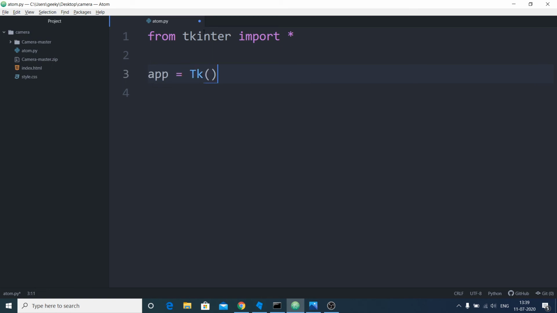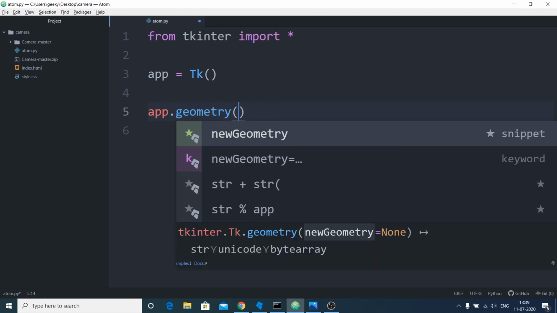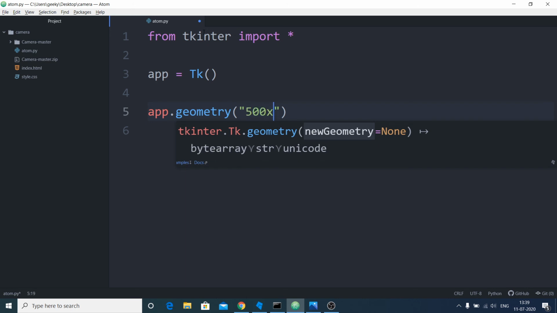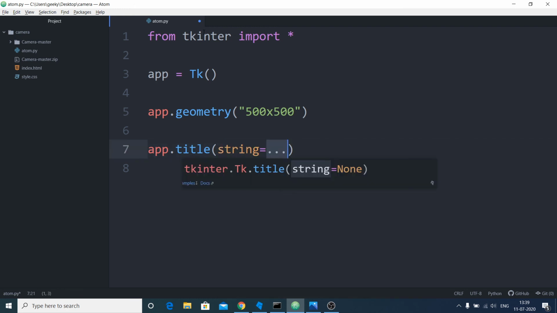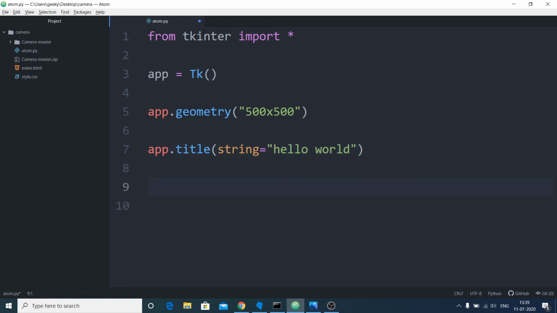We need to initialize this, and then we need to set the geometry, 500 by 500, and then we need to give it a title, which will be a string. Then we will call the main loop.